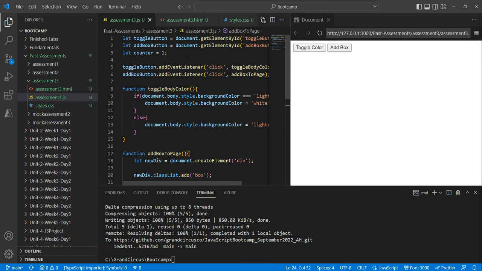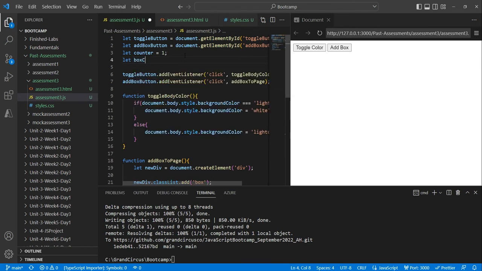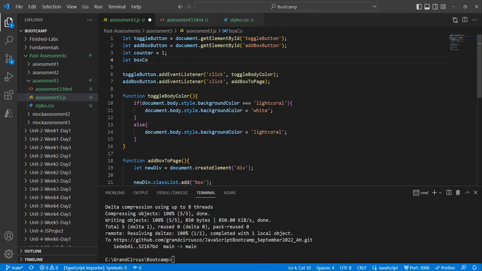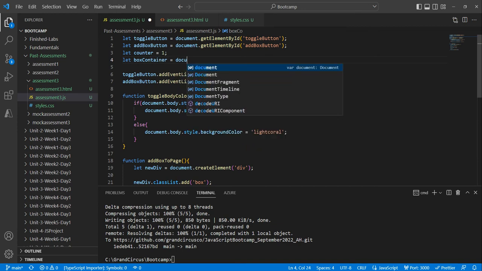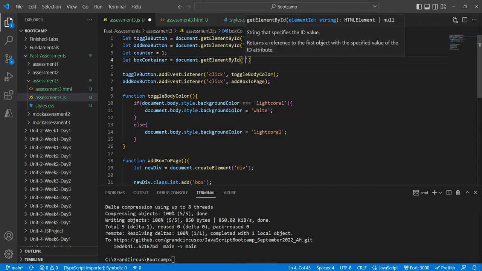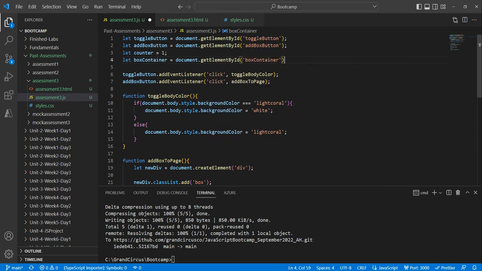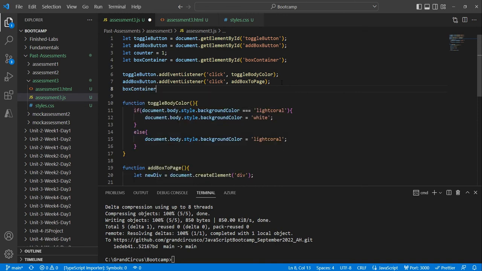Cool. And then I'm going to do let box container. Actually, I'm going to move this out of the way so we can see. Box container is equal to document.getElementById box container. All right, and then I'm going to add an event listener to box container. Add event listener, click,